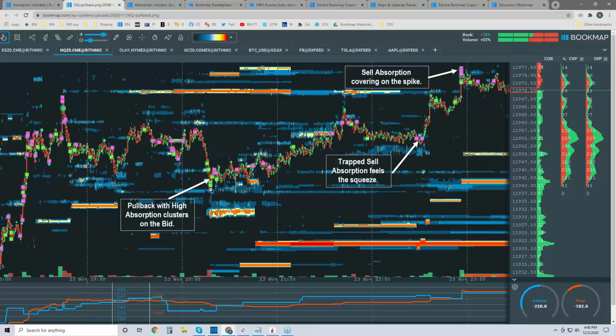You can even see here again, look at the high clusters of absorption below this swing here after this bullish move to the upside. Okay, now there's not a lot of high liquidity in here though. Okay, the liquidity is actually down here a little bit lower around this